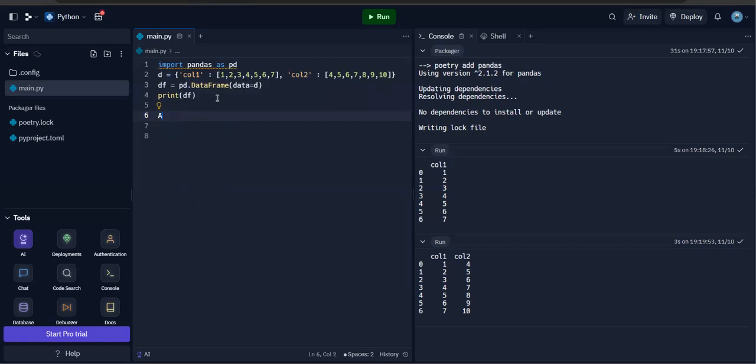For example, I am creating one data called average_plus_mean. In that, I am writing some numbers: 1, 2, 3, 4, 5, 6, and 7. Next, print